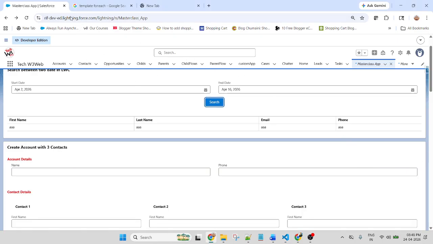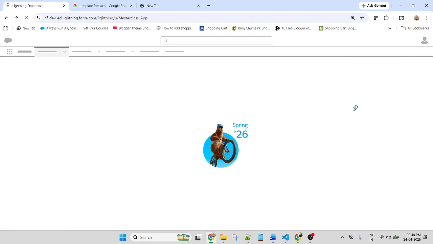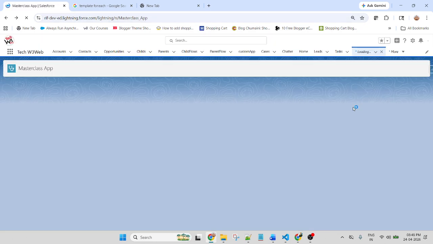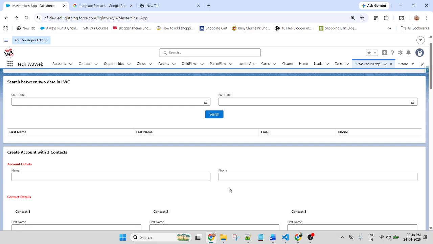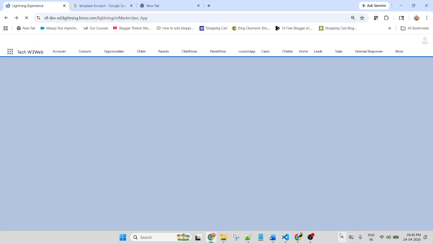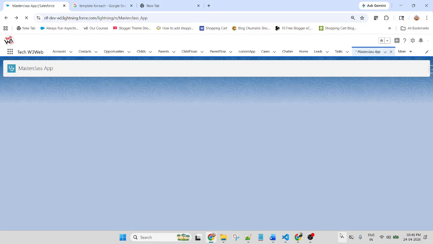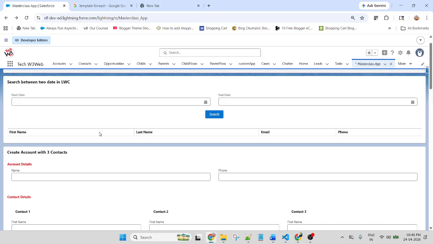Now let me go and refresh the page. Close this one. This is an input field, both input fields with data type date. This is a button.